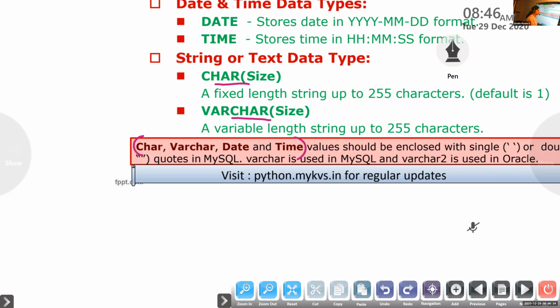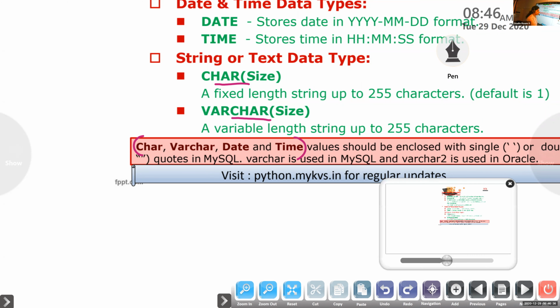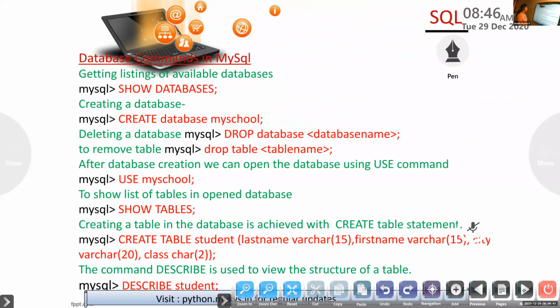All right. If you want to view the different databases available in MySQL, you can use the statement show databases.